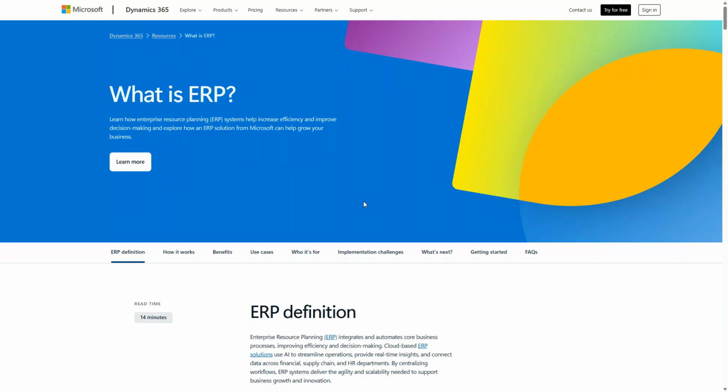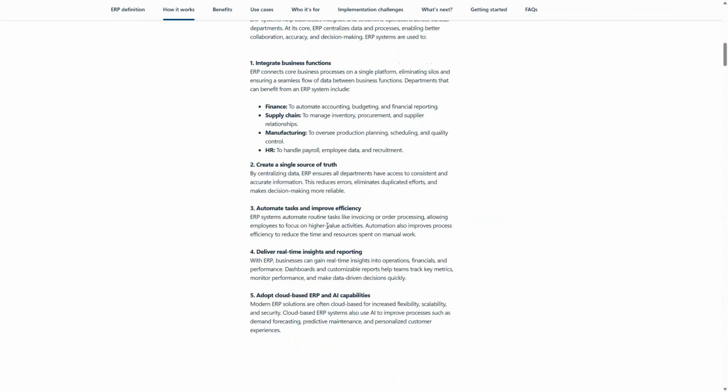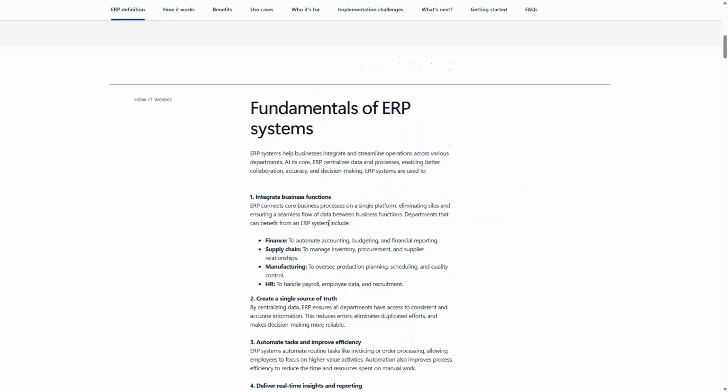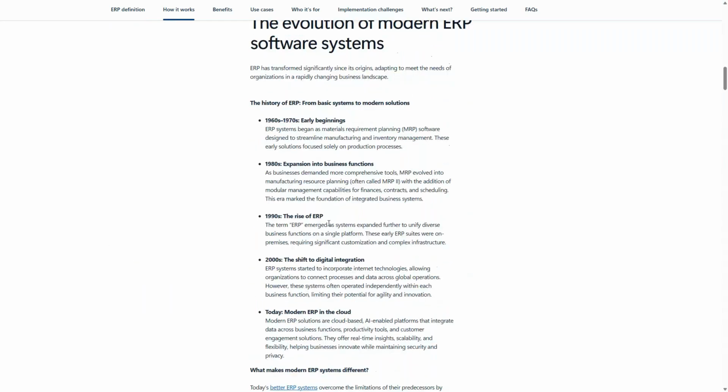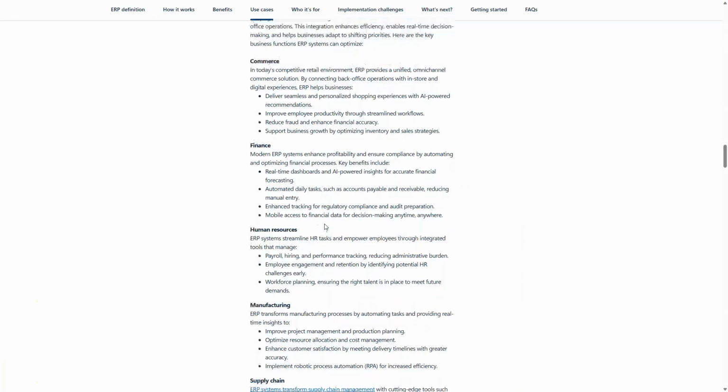Under the Microsoft ERP, ours is one topic, that is D365 CRM. You can go through this link as well. You can just type D365 ERP in Google, and you will get this document.